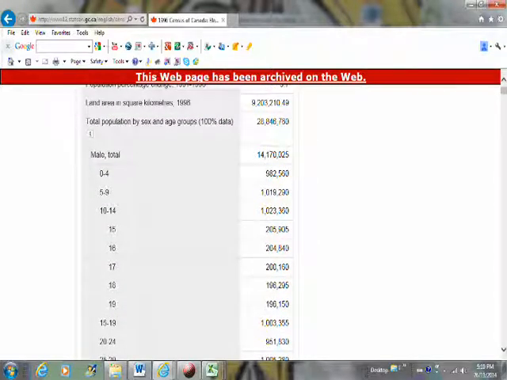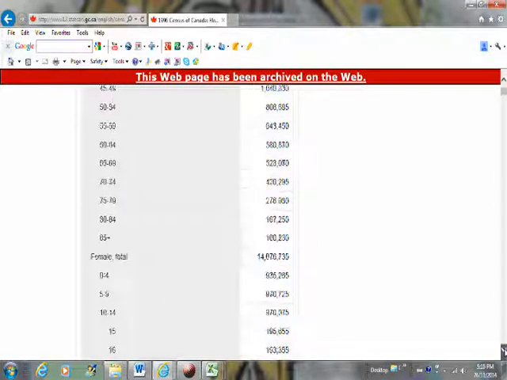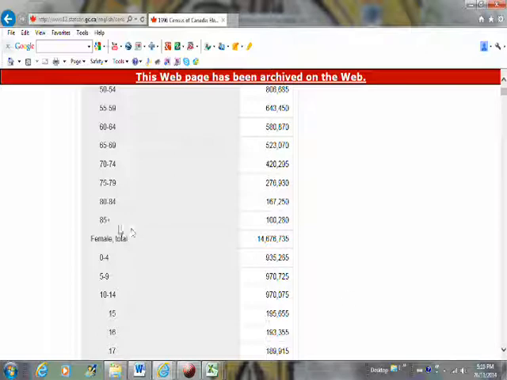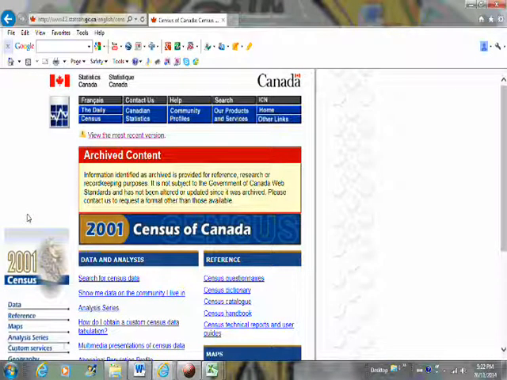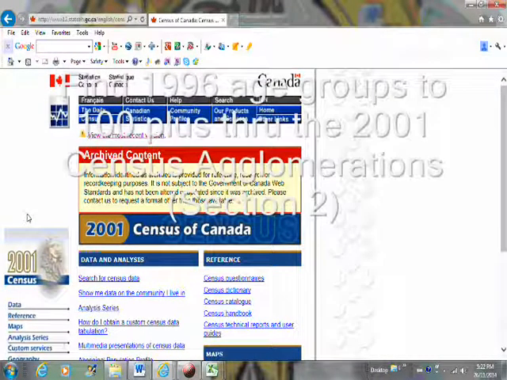So for males, we have 5-year age groups all the way up to 85 plus. Now, I can show you another way to get to the older age. So here we are in the 2001 census. Before we download the 2001 census, we're going to go to the